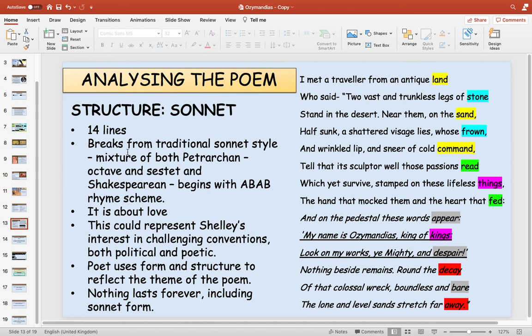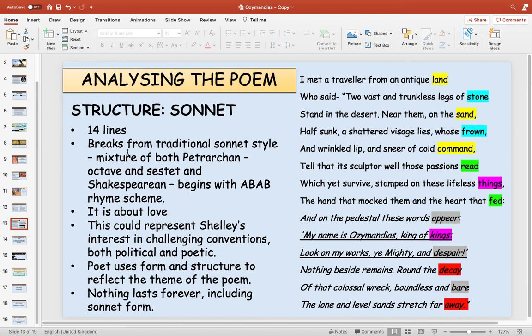And then the Shakespearean side of that is it does begin with an AB rhyme scheme, so land, sand, stone, frown. It's sort of a half rhyme there, but it sort of lightly follows that structure. It is about love, not the typical sense of love, but this is more about Ozymandias' love for himself, his